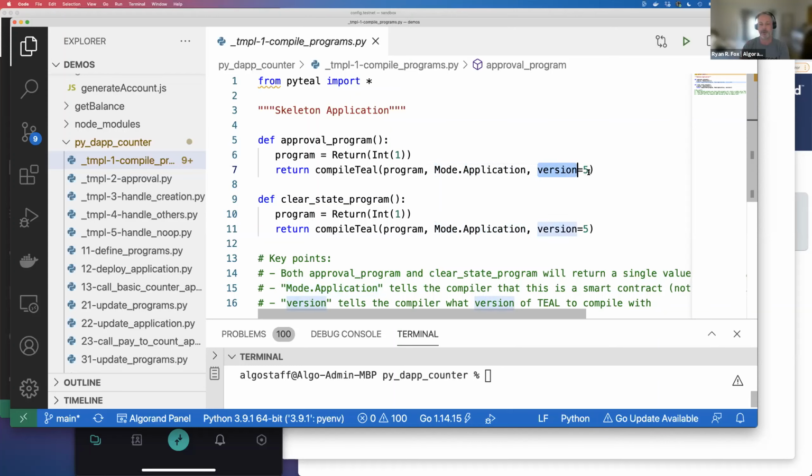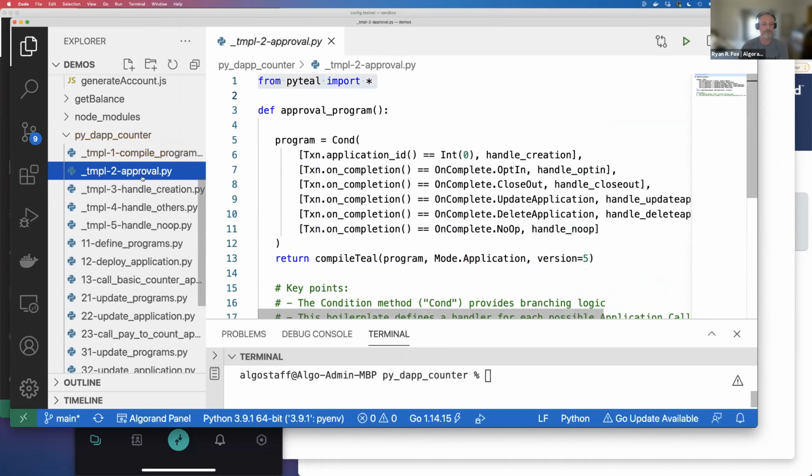And we are defining to the compiler which version of Teal we want it to use. Here, we're using the most recent one, Teal version 5. All right, so that's a very basic one, but really if we want to get into understanding how to write these, let's do something a little bit more